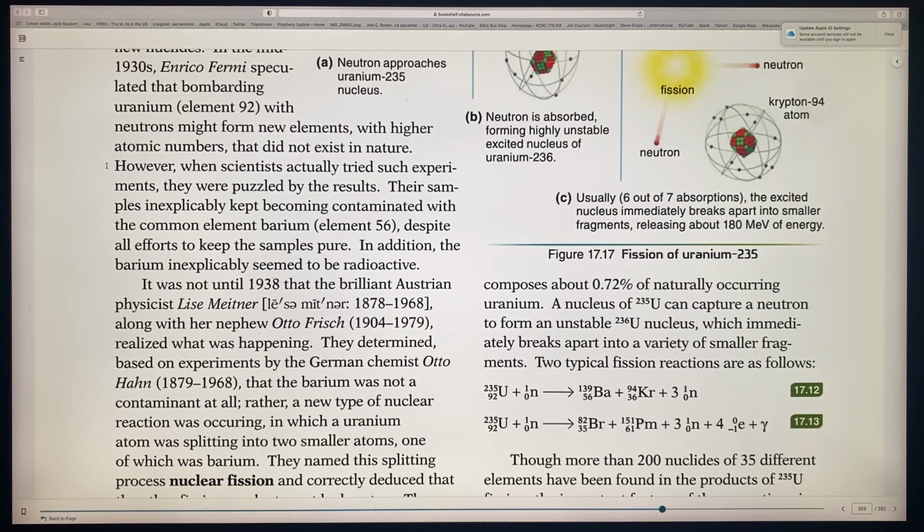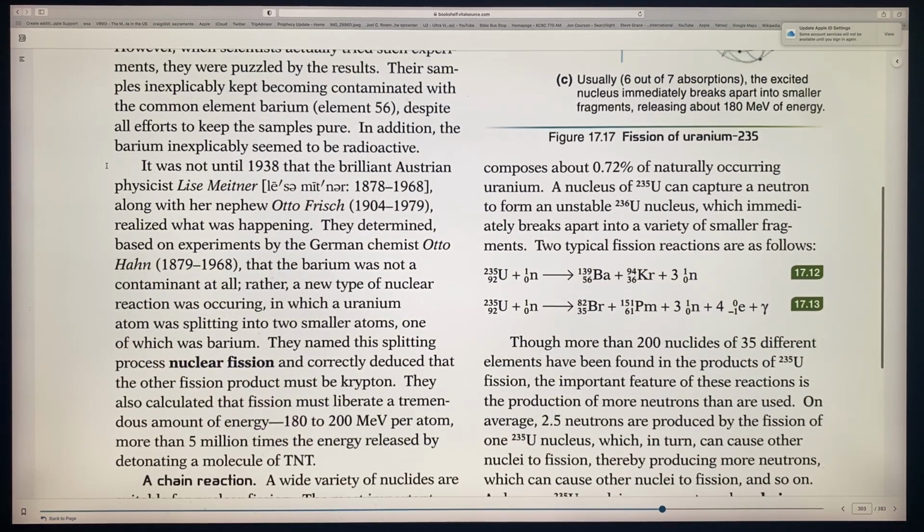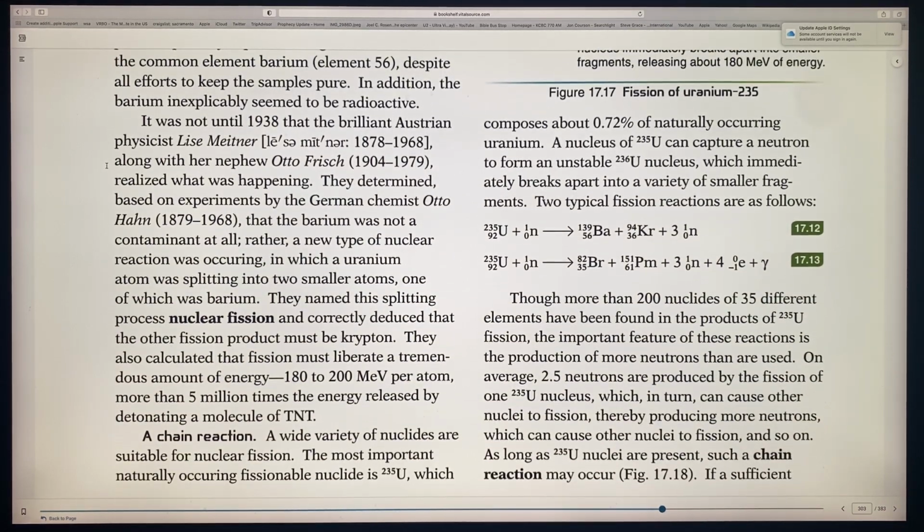Rather, it was a new type of nuclear reaction. The uranium atom was splitting into two smaller atoms, one of which was barium. And so they named the splitting nuclear fission,